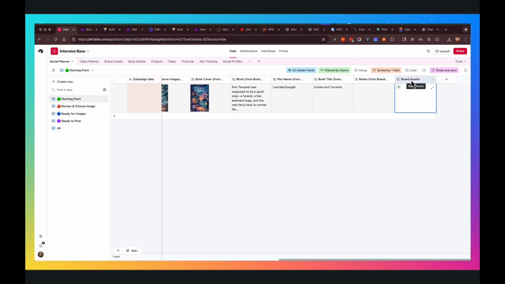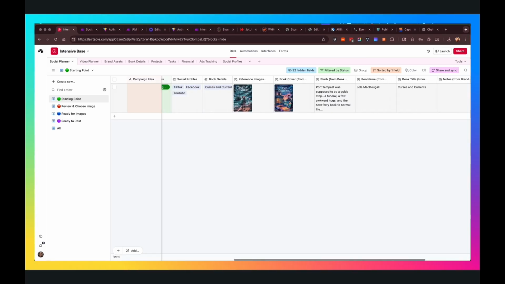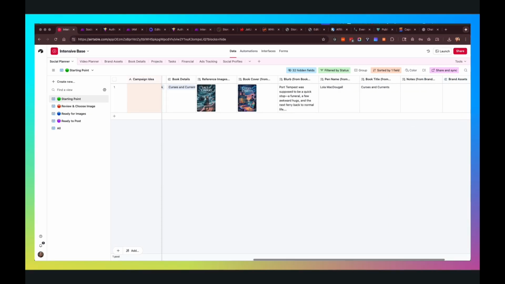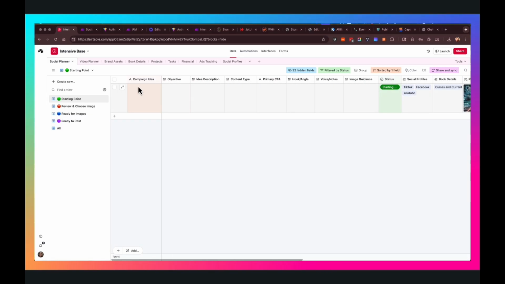Actually, it's done automatically, but you can see how you set this up. So you'll set all of this up and you don't have to choose any of these. The automation will do it for you, but you're going to create all of these fields here, right? So one more time, you've got campaign idea, objective, idea description, content type, primary CTA, the hook / angle, the